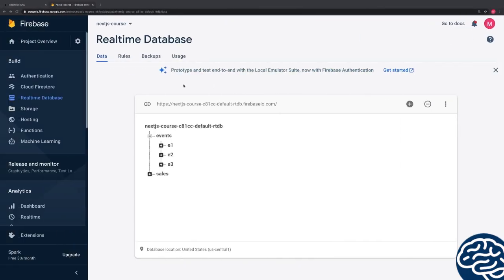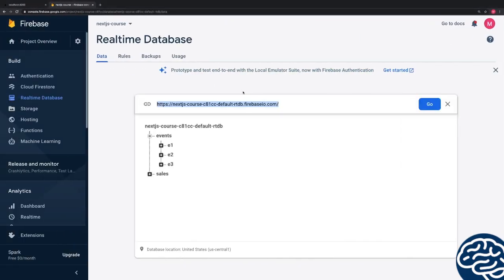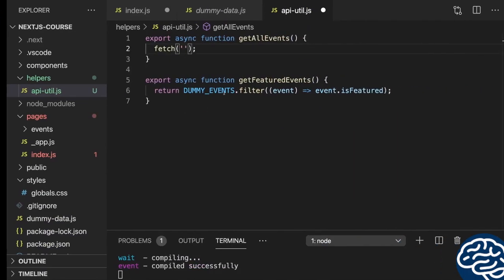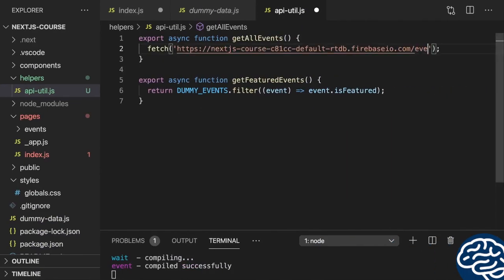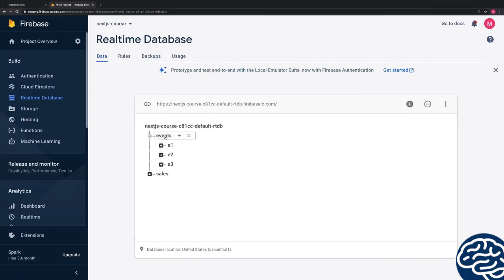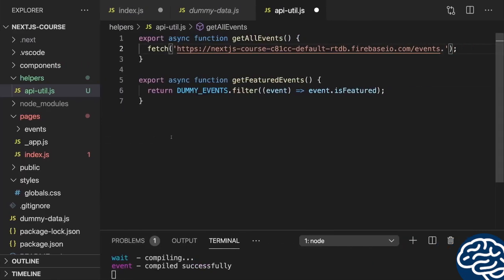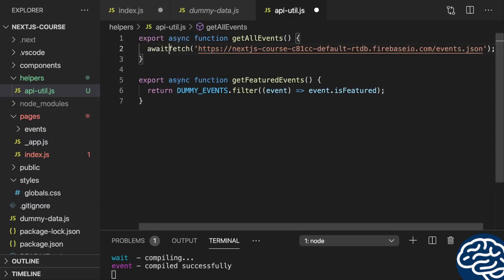And here we'll then send a request to this Firebase URL, so to this REST API URL, which then triggers Firebase to talk to our database here. There we want to reach out into the events node, so this node which I added here. And then because it's Firebase, we need to add .json at the end here. That's Firebase specific. Now, since we use async here, we can also await this to get our response like this